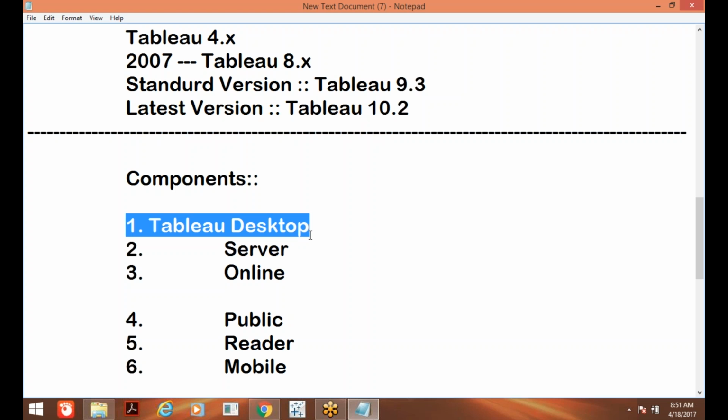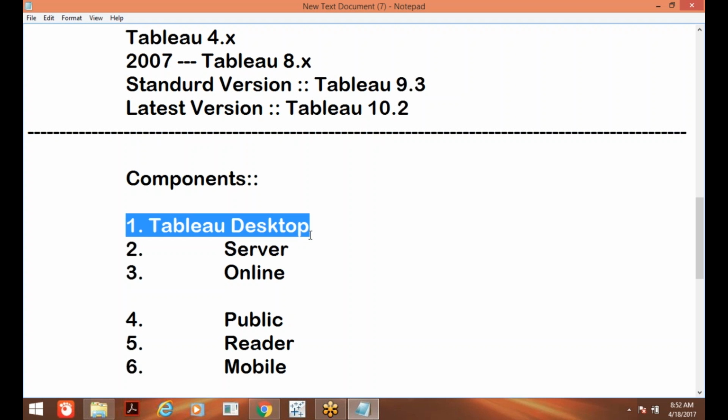I will show you 10% of Tableau Server: how to log in to the server, how to get the data from the server, and how to save your data to the server. All these basic concepts we will cover. But we are not going with full server here. I am saying it is impossible, because server is not at all a classroom subject.